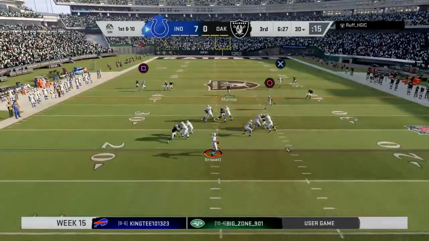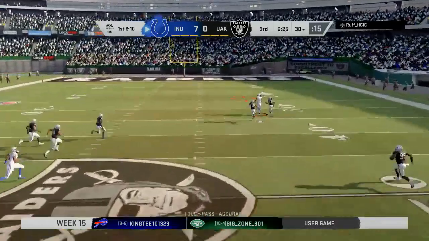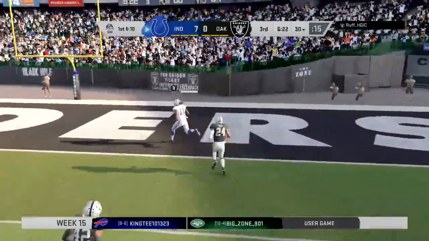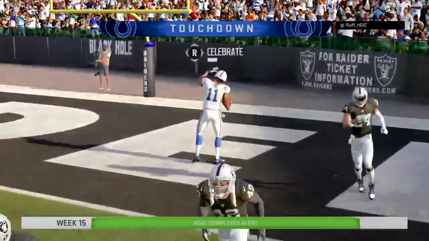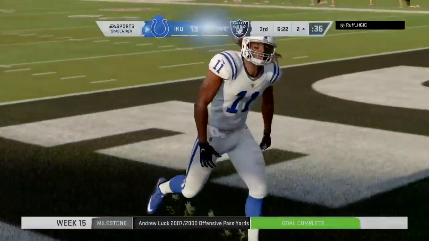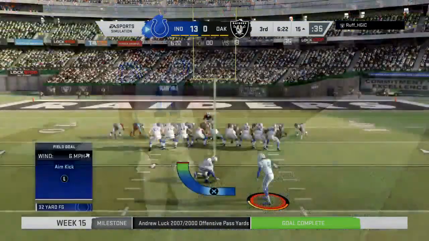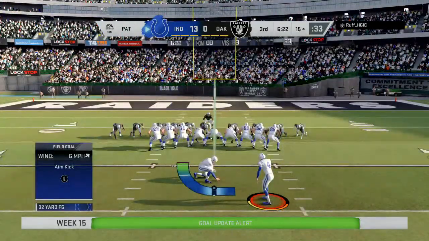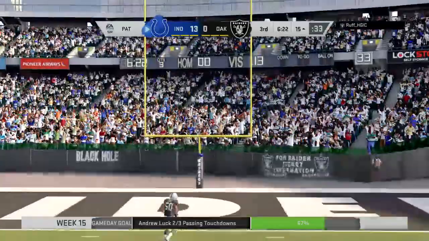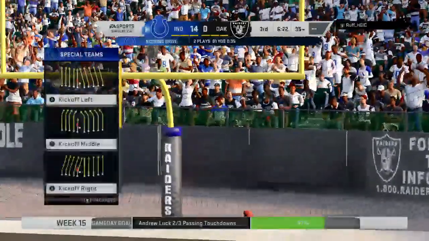Out of the gun, Brissett. He's going to launch this thing way downfield. And this is caught at the 20. Touchdown, Indianapolis. Deon Cain with his 2nd TD of the game, his 6th on the year. And the Colts add on to their advantage. Still plenty of time left in the game, but now starting to pull away a little bit, get some breathing